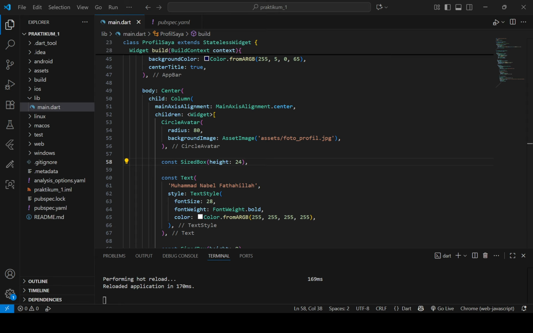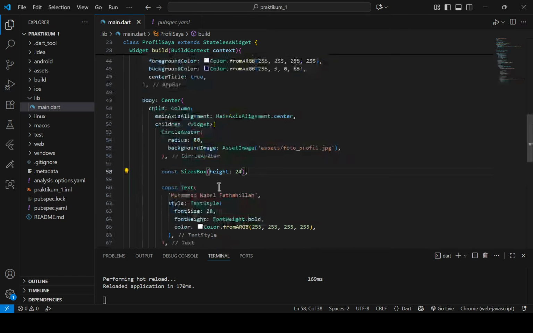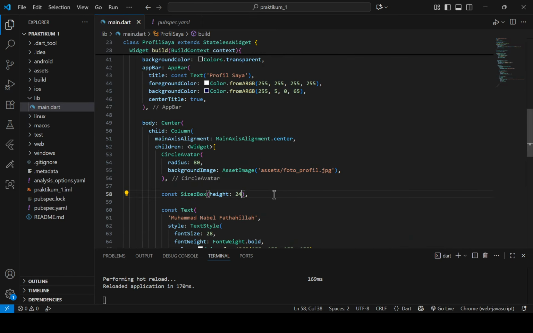This requires a file named photo_profile.jpg in a folder called assets, and that folder must be registered in the pubspec.yaml file, which we already did. Next, I use a SizedBox with a height of 24 to create space. This is a best practice for clean separation between widgets, fulfilling the requirement to add spacing.